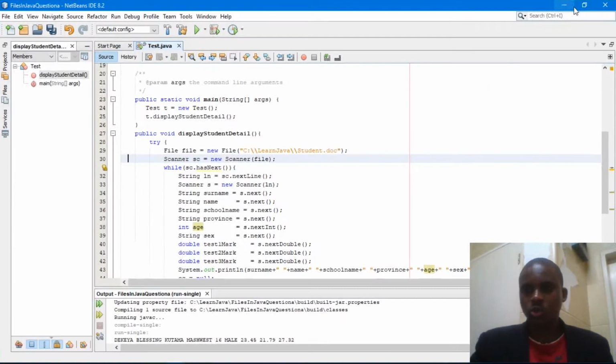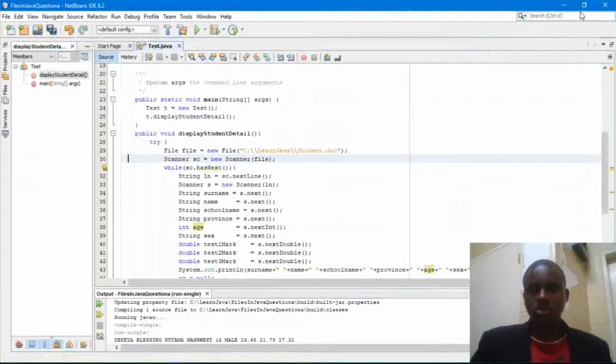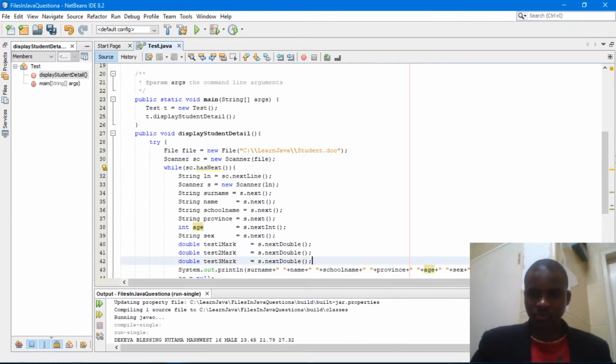We have to modify it so that we can read any document, and we have to read all the students rather than reading just the data of a single student, as we were doing here. We were printing the details of Daycare Blessing, but now we have to print the details for the whole file. So how are we going to do that, guys?